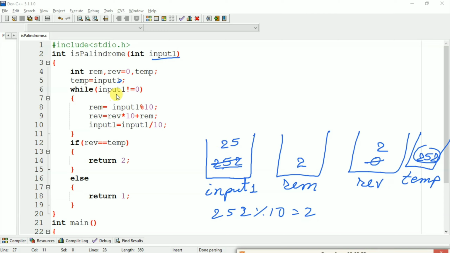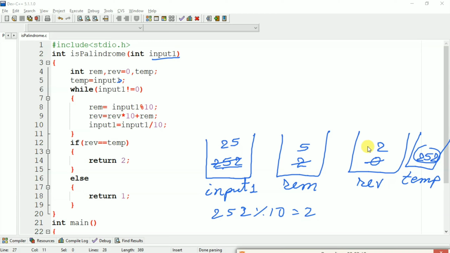After that we will again check the condition. Input1 is not equal to 0. Here 25 is not equal to 0. So we will again perform these operations. Remainder equal to input1 modulus 10. So here 25 modulus 10 returns 5. So remainder will be updated to 5. After that, reverse equal to reverse into 10 plus remainder.